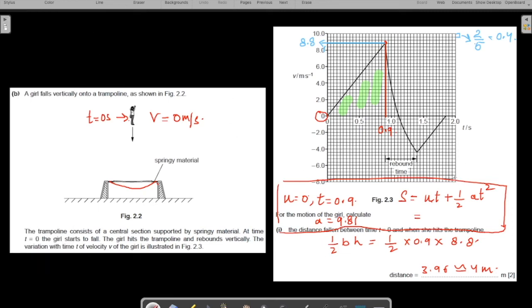Another equation of motion that you can use here is v squared equals u squared plus 2as. You know that v, the final velocity, is 8.8, u is 0, and a is 9.81. You can use this equation. So that's the second way,